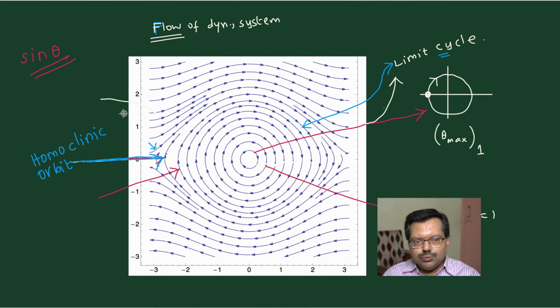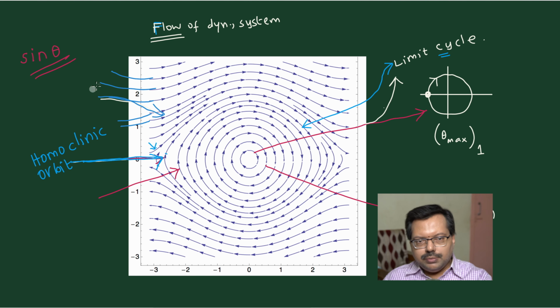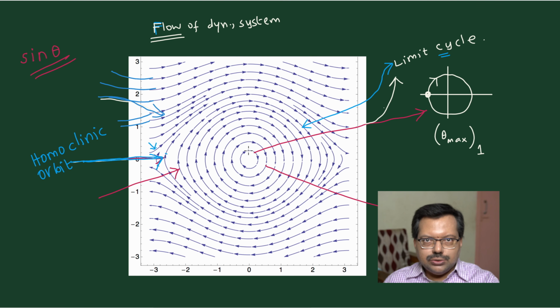See, for example, this is open. This particular structure here, you see these kinds of lines. It is going like this. These things are open. So you don't know what will happen if you perform the experiment beyond these limits. But in the case of a circle, you can predict. It will always be within the circular path. That is what is known as the stable manifold and the unstable manifold.